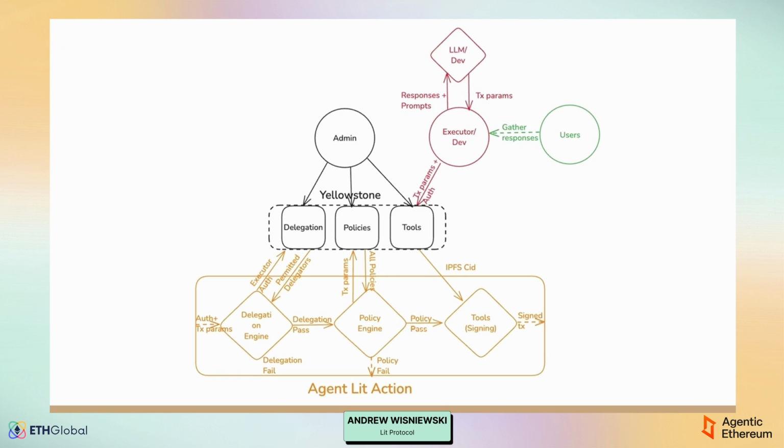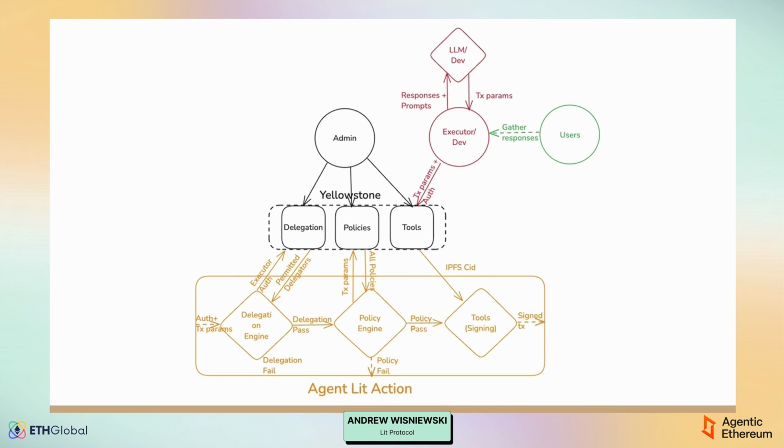So this diagram is a pretty granular view of how the framework operates. So we can see that the LLM provides transaction parameters to an executor or developer. That executor or developer provides the transaction parameters and authentication to a specific tool, and that specific tool performs signing. So that tool is again a Lit action published to the IPFS. So it goes to that tool with the correct IPFS CID,